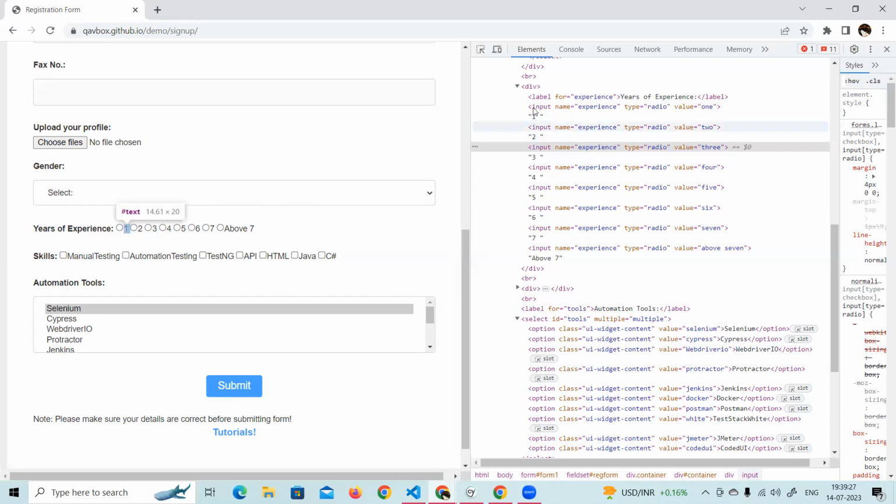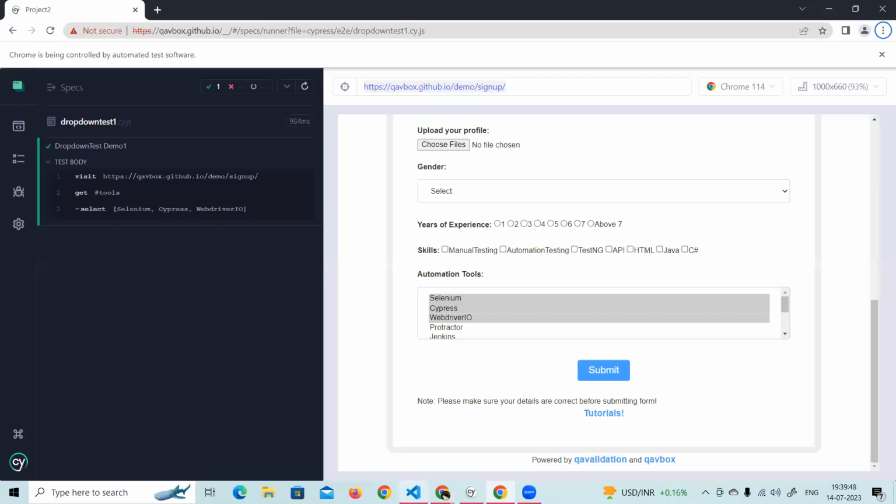Experience, all this is a group now. Right. And I can see each and every radio button can be uniquely identified with a value property. So I can do that way. So I can directly use this value property and access the individual radio buttons over here. So what I can do now, I can simply say here,